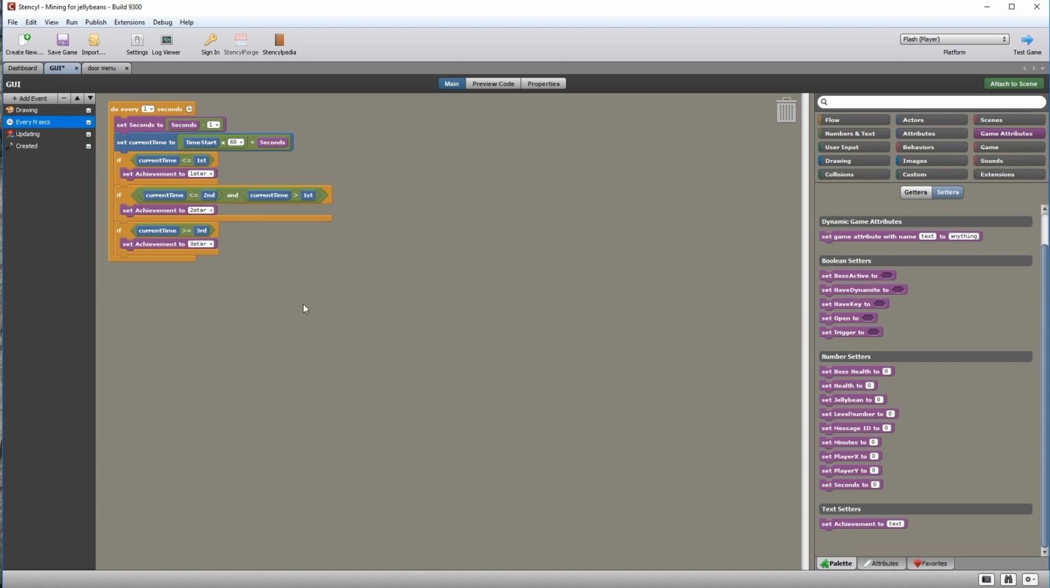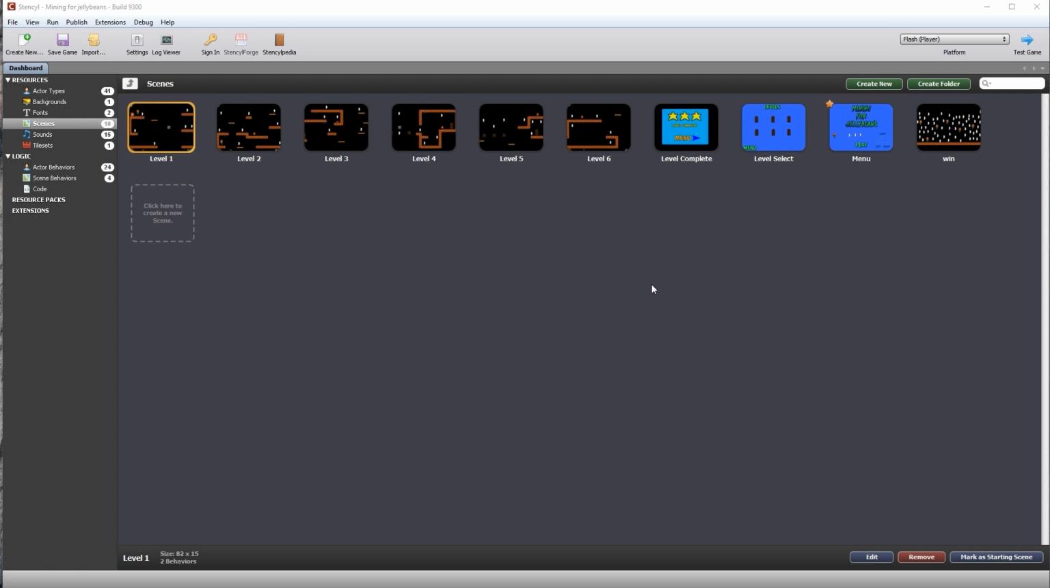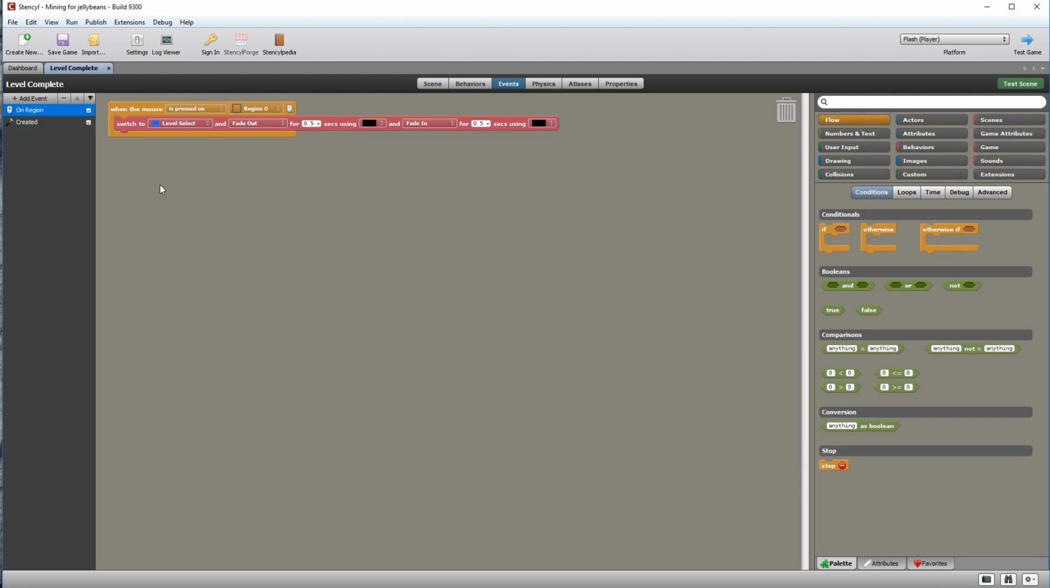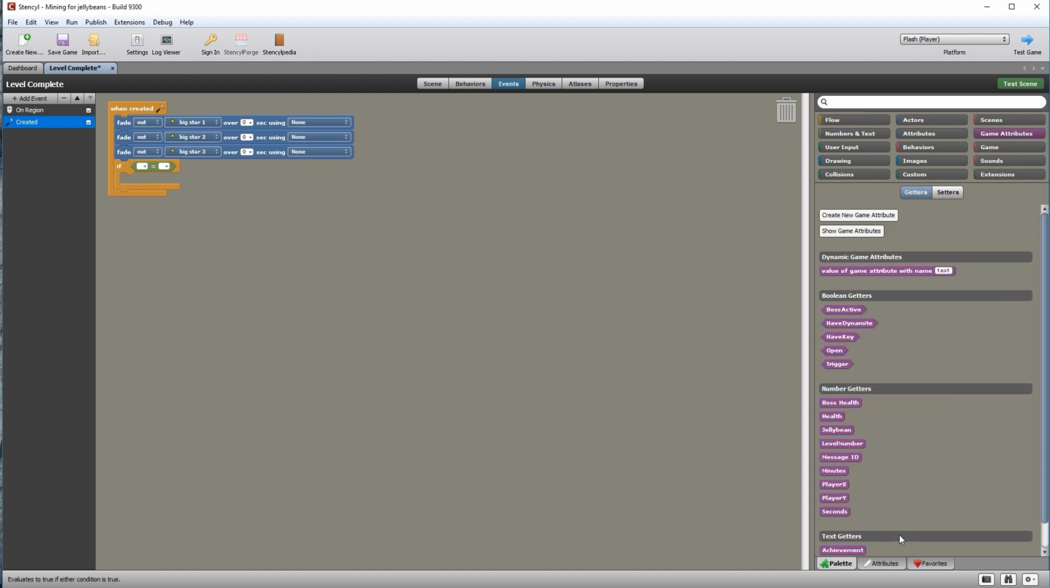Now we are going to sort out the star rating for the level complete screen. So let's open that. We want it so that if you get 1 star, 2 star or 3 star, they show up on this screen. So let's go to the events. We have a when created, which has simply faded everything out, and now we're going to feed all that data back in. Let's drag in a conditional if statement. Do something very similar to that. We're going to drag in an anything equals anything comparison. Go to our game attributes, and we're going to drag in achievement on the left. If achievement is equal to,